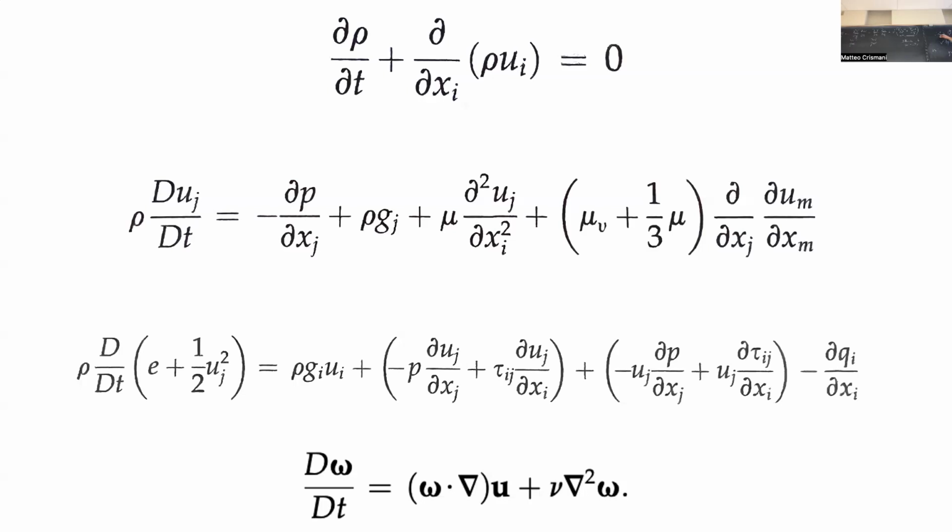This is the vorticity, right? We know this is true, but we constructed it because we used a stream function that was a curl.